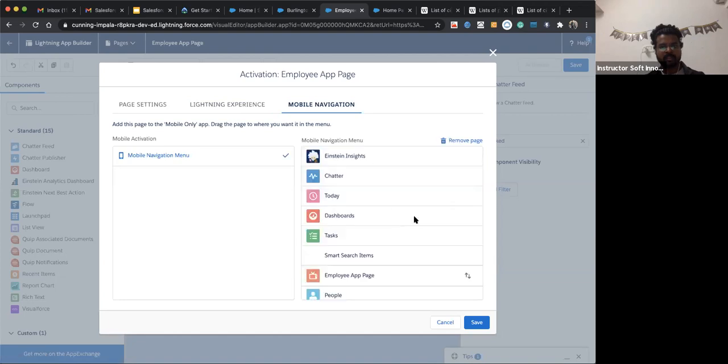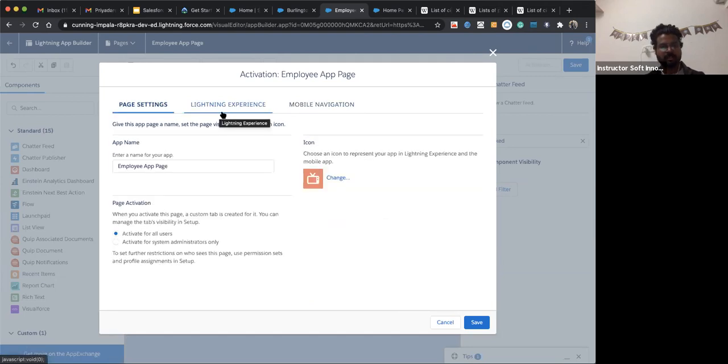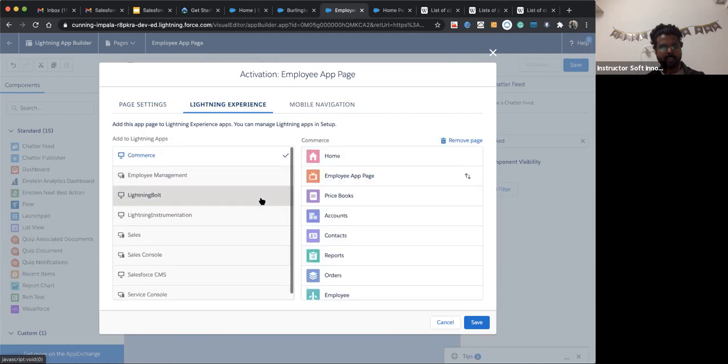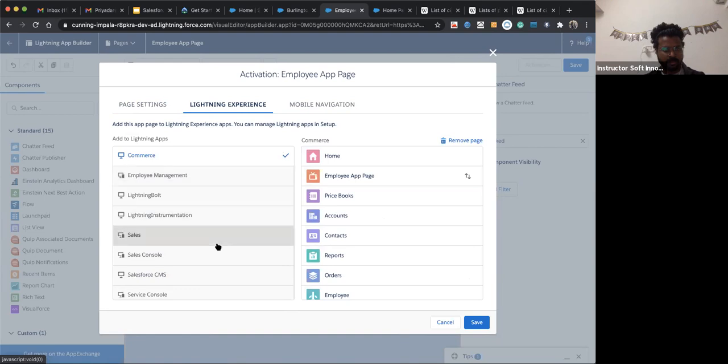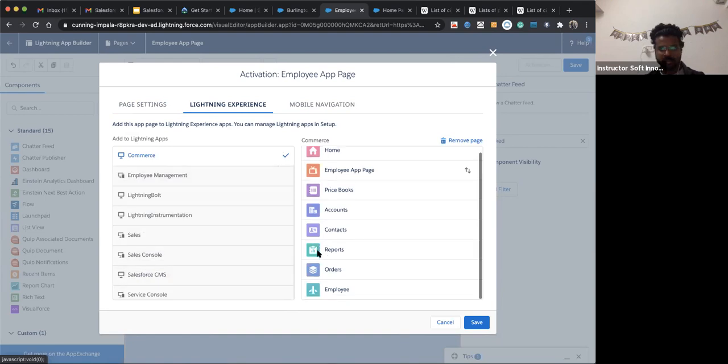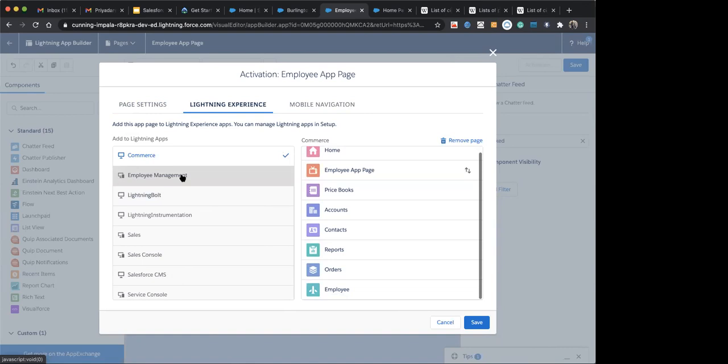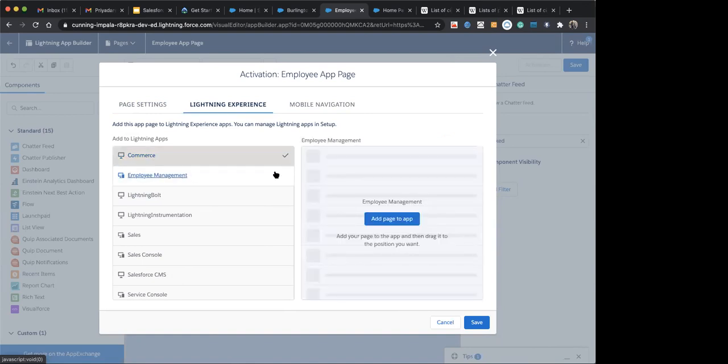If you want that app to be available on mobile, it will ask here. This way we create an app and add it to my self-service commerce.